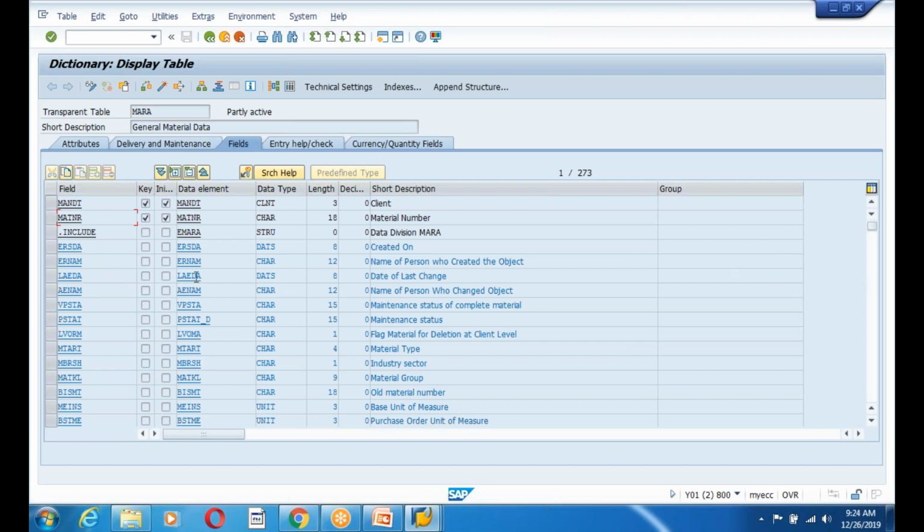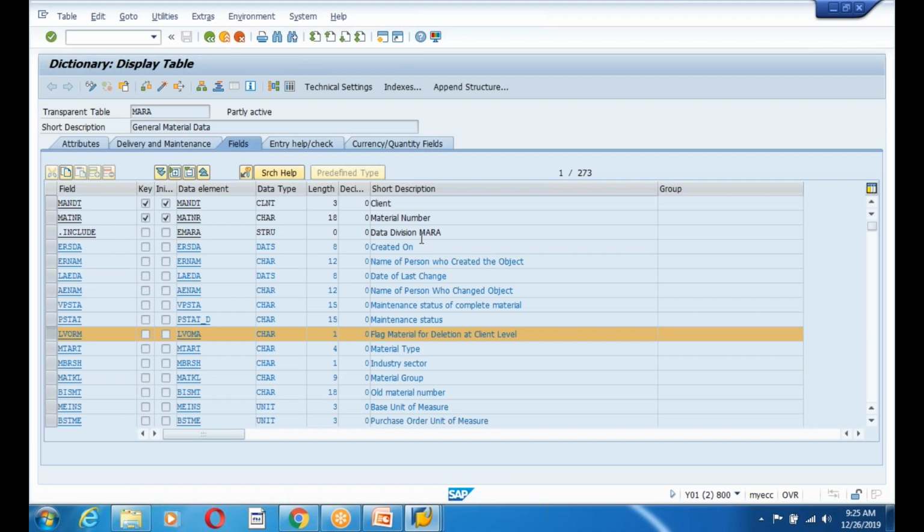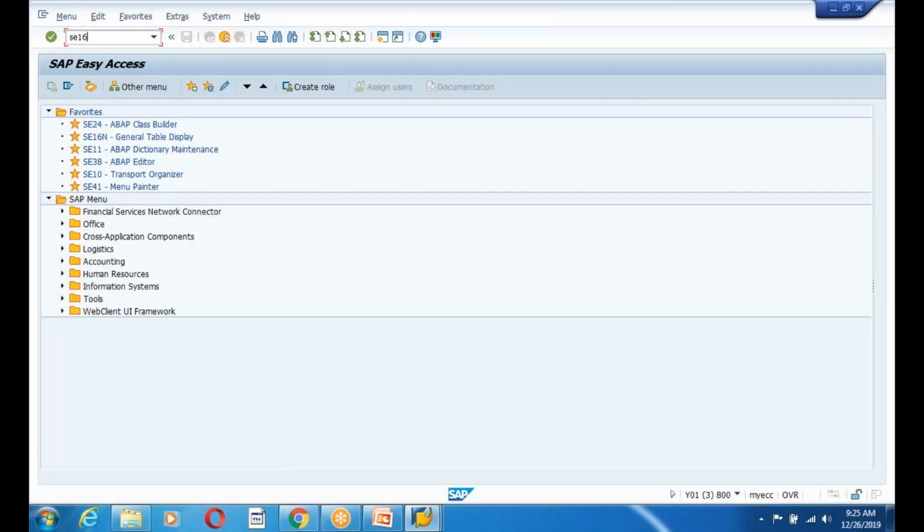Okay, so material, some of the things. See LVORM, this is the field that says whether that material is deleted or not. So we can create the material, we can change the material, we can delete the material, guys. If the material is deleted, this field will be set as X. So if the flag is X, that means this material is deleted. Suppose I am going to take out the data. I would like to see all the materials which are deleted. So if you want to see the data, SE16N is important,